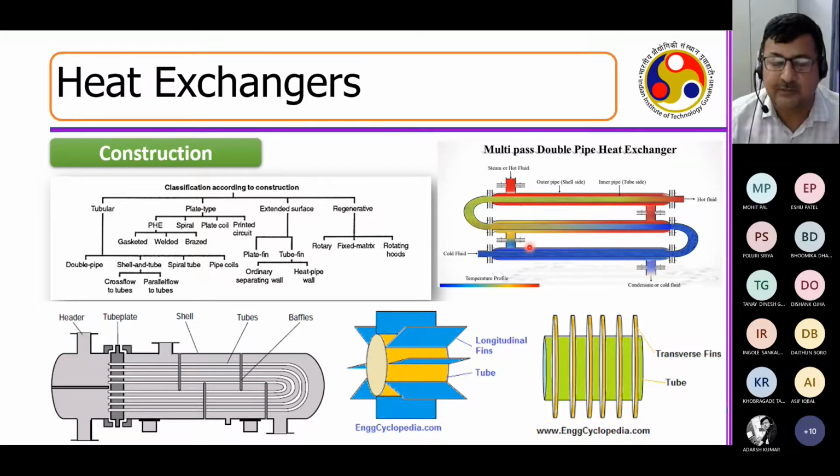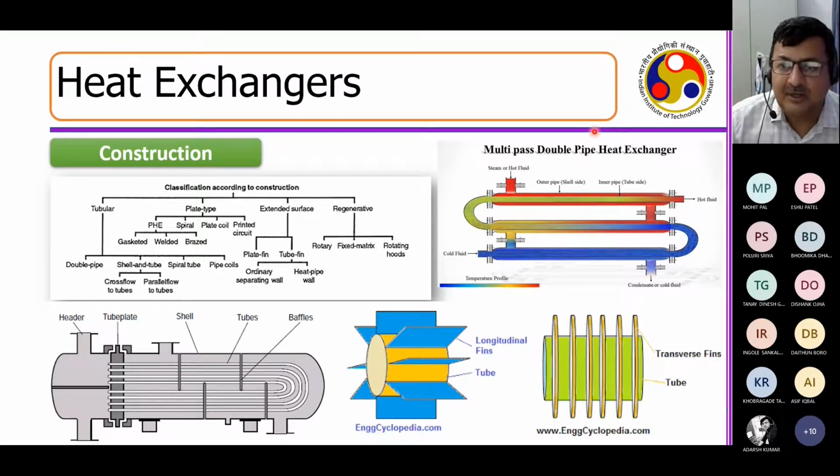This is called a cross flow. Now, in this sort of arrangement, it was found that you need heat exchangers of very big length, because in a double pipe you are only trying to make use of this hot to cold with one pass. This is called a single pass heat exchanger, right?